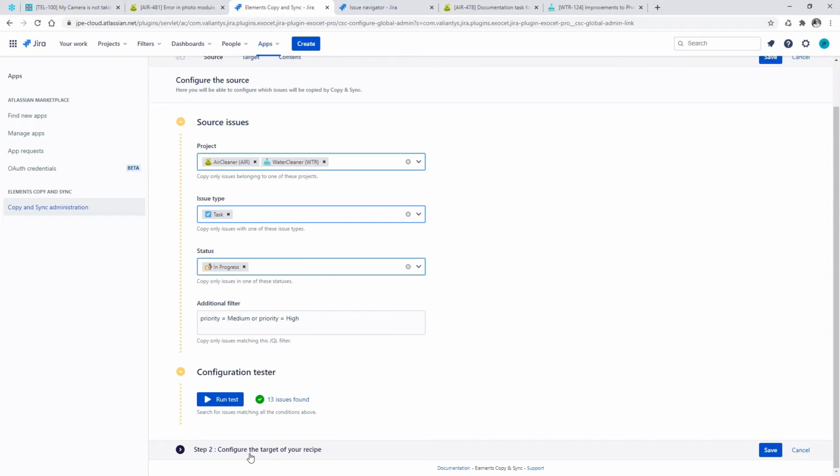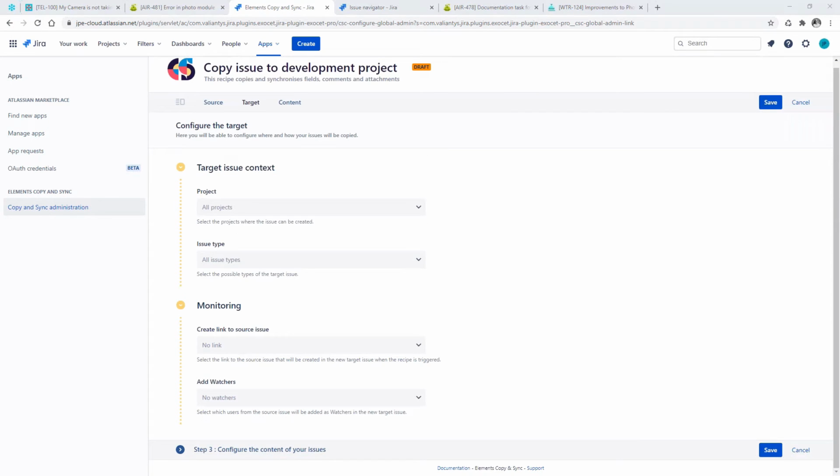So on to the next step. The second step in the recipe configuration is to set up where the issues will be actually copied. In this tab, we narrow down the projects and issue types that will be available to the user when they trigger the recipe. That's what I showed you earlier, where in the first example, 6 projects were available, and in the second one, only 3 projects were available.